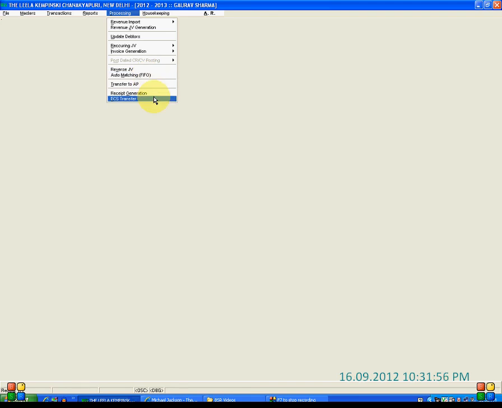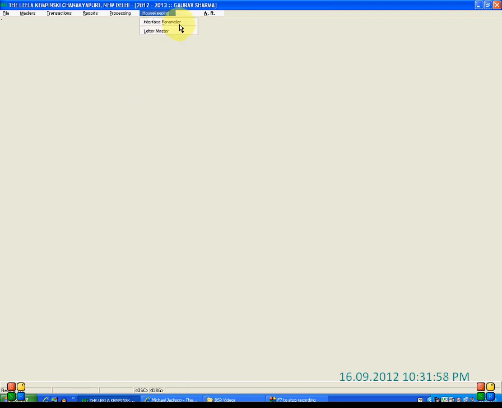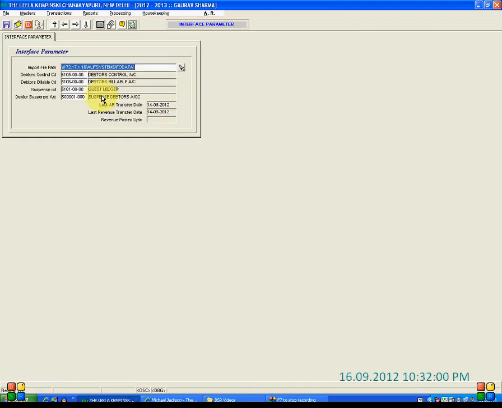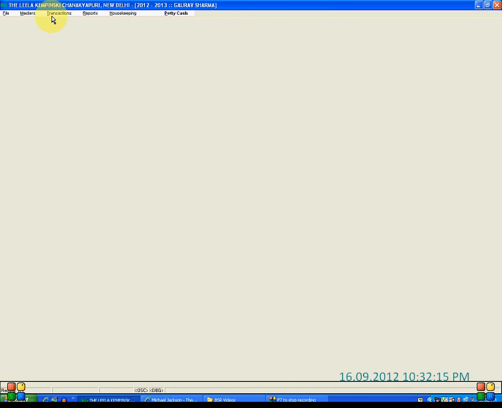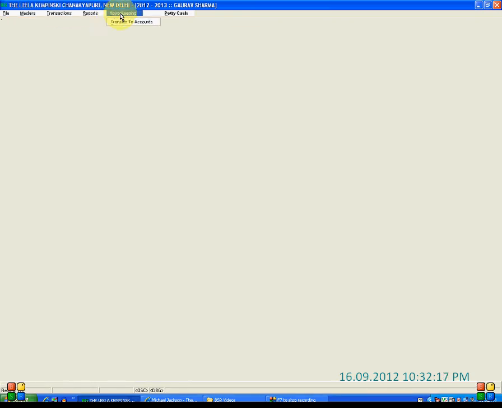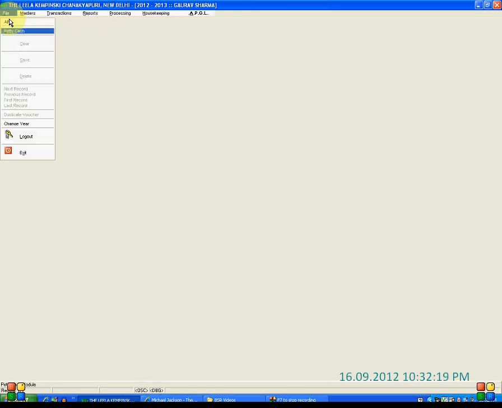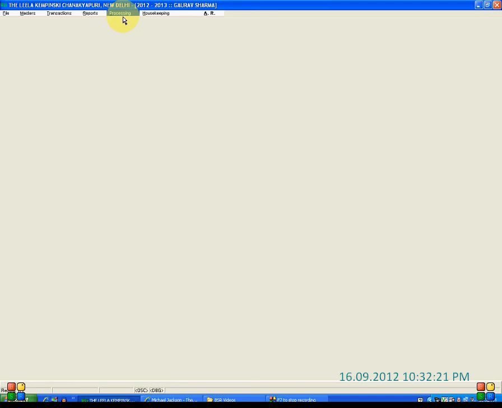FIFO auto matching. This is the completion of the interface parameters. We can see them in the housekeeping option, which is the last option, which has the parameters of front office data. From this folder we are picking up front office data, and these are the heads which are linked with it. So we are just completing our training with the PTK. It does not have much to explain over here. Just one thing to be considered in AR,